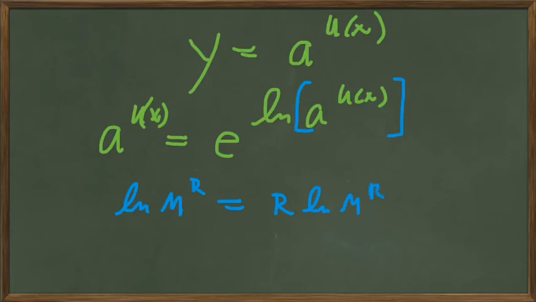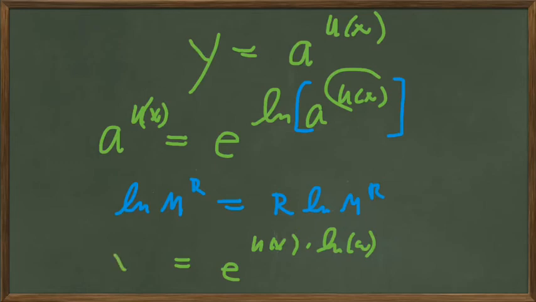So if we continue with this derivation, we bring this power down in front, so we get e to the u of x times ln of a is our y,